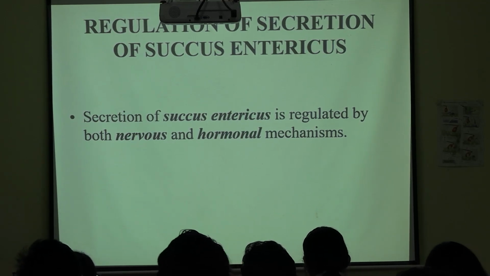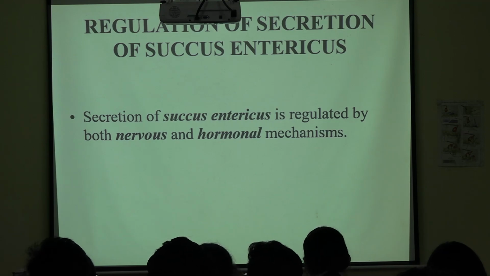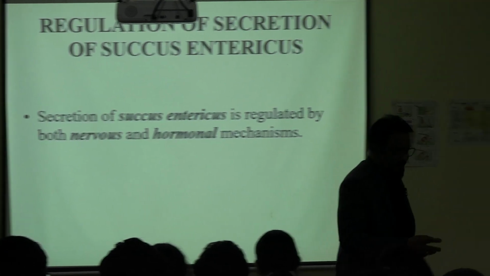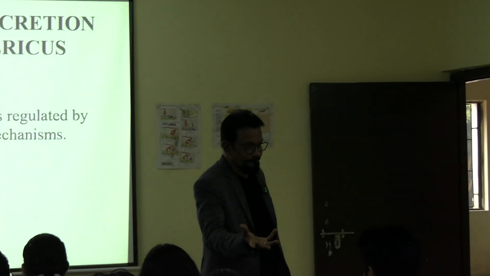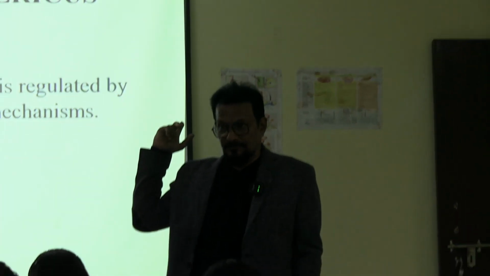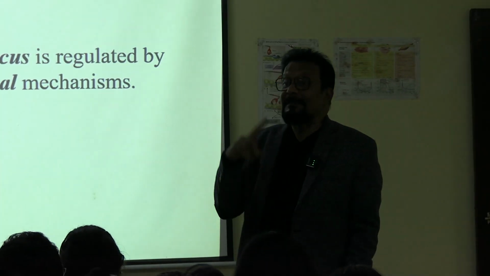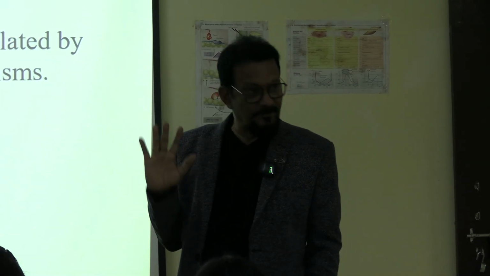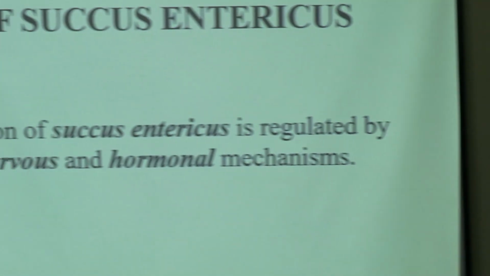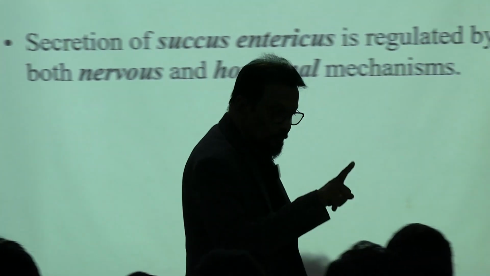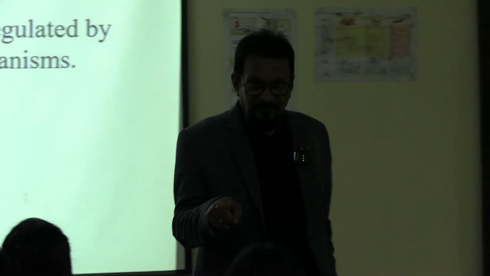Nervous mechanism means parasympathetic and sympathetic, through the vagus. When the vagus nerve is stimulated, there will be increased production of intestinal juice, succus entericus. But sympathetic stimulation is just the opposite. It will reduce the secretion. And mostly, the nervous control is done through local reflexes. Local reflexes means